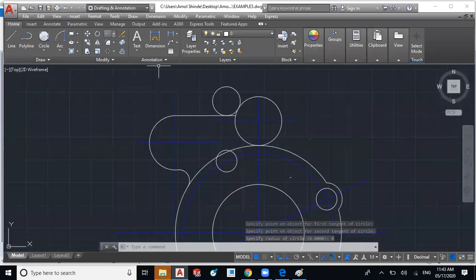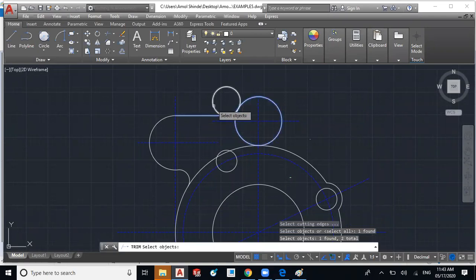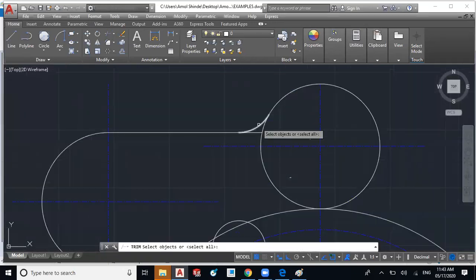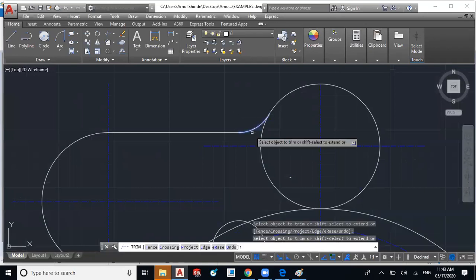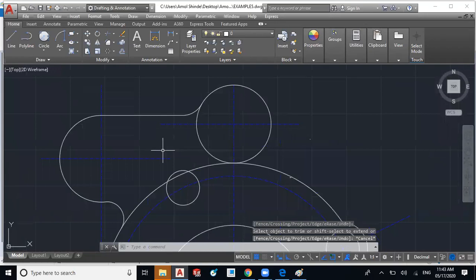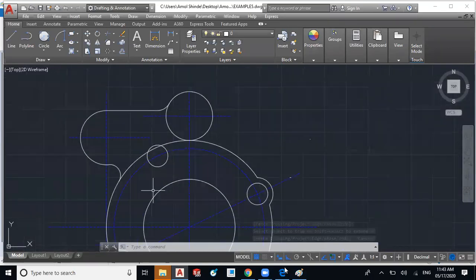Again we will use the trim command, trim to this arc and enter, trim this portion. Now we have to trim the line, so we will use this arc and trim. So we have generated this part.